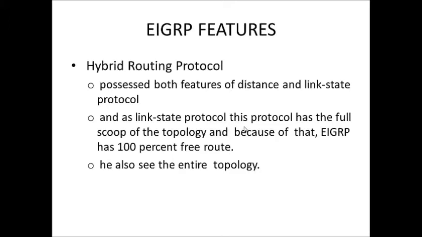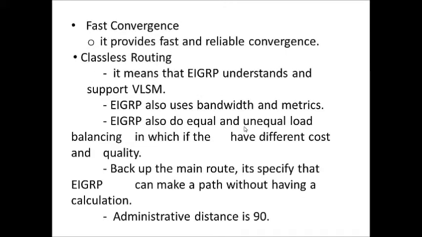We have the features. EIGRP is a hybrid routing protocol. It possesses features of both distance vector and link state protocols. As a link state protocol, it has the full scope of the topology, and because of that, EIGRP has 100% free route. You also see the entire topology. It also has fast convergence. It provides fast and reliable convergence, which means it is faster to interchange data